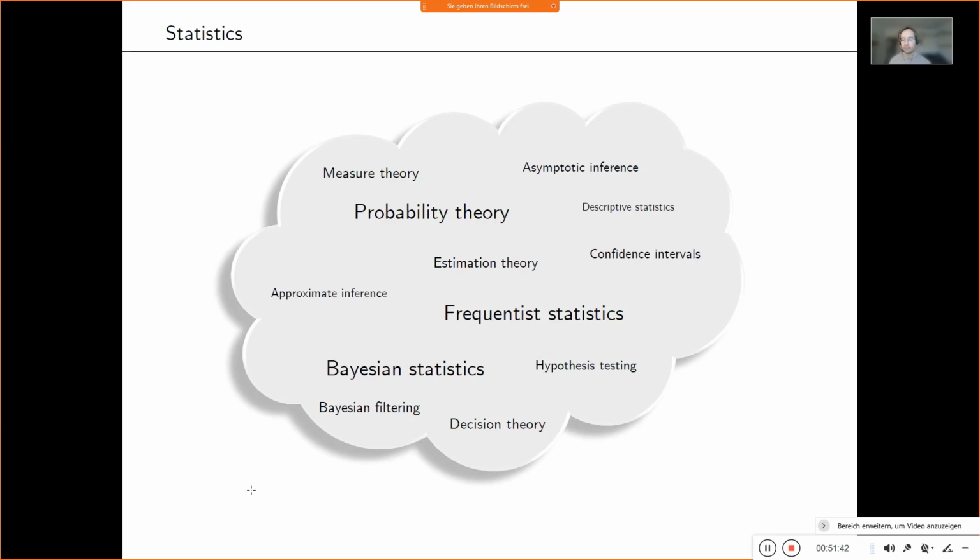And Bayesian filtering, from my perspective, is where the whole probabilistic modeling framework makes most of the sense and has most of its power. And decision theory then goes a little bit beyond what I think of as classical frequentist or Bayesian statistics, into more of the AI world. So these are topics that you find in statistics, and of course we will cover some of them, or most of them actually.